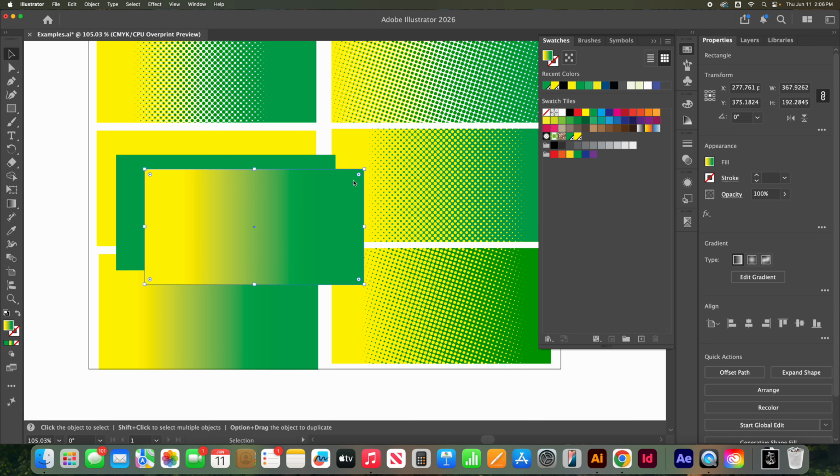Second shape, we're going to change the solid color, and we're going to do green. And the third shape, we're going to keep it having a gradient, but instead of it being a gradient that goes from yellow to green, it's going to be a standard gradient that goes from black to white. There's one of those right here